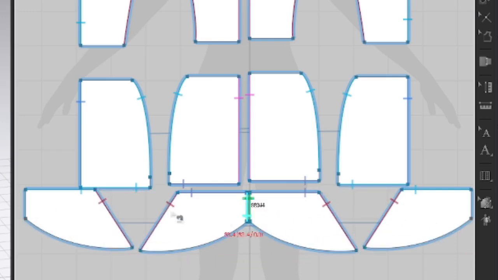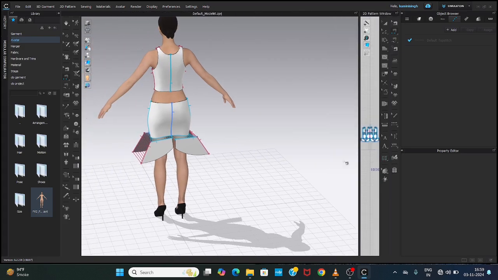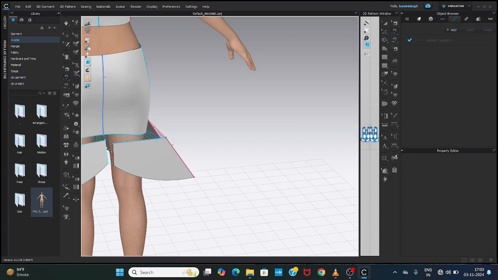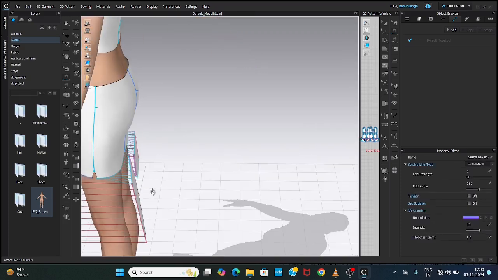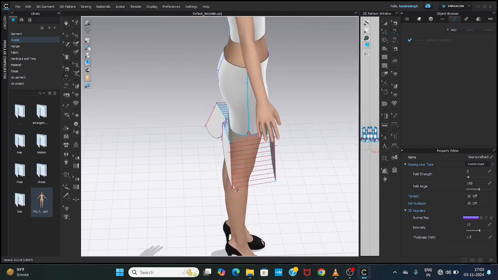Now see the back pattern. On the back pattern, this smaller part will come on the center. We have to stitch the center. So either you can stitch here, or if you get any difficulty understanding here, you can do this stitching part in the 3D window also. This is the back part. Stitch this line to this line. Now that our stitching work is complete,